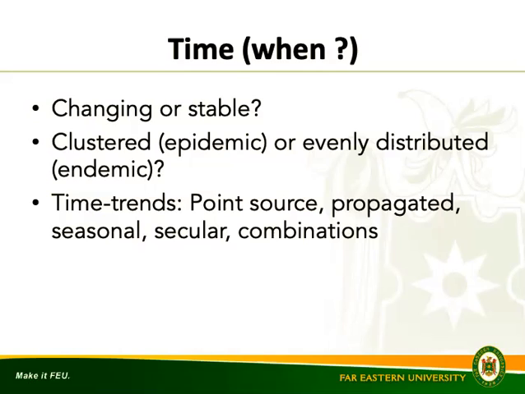Then the occurrence of disease characterized by time, which is another essential part of the basic triad in descriptive epidemiology. So the occurrence of disease, it is said, changes over time. Some of these changes occur regularly, while others are unpredictable. So characteristics of time describe disease occurrence in terms of an epidemic curve or attack curve. So what is an epidemic or attack curve?